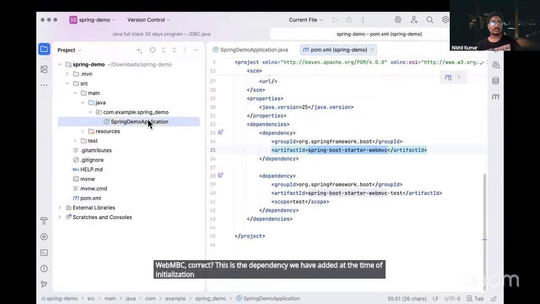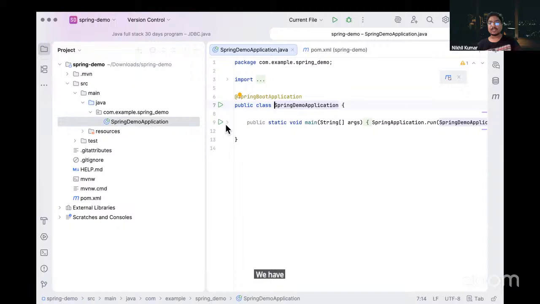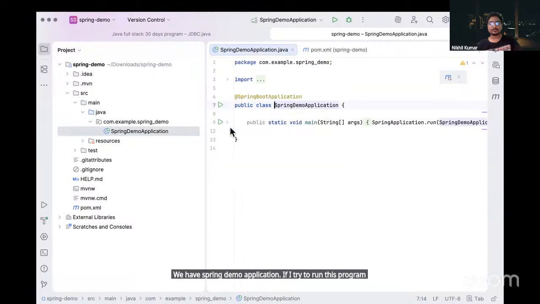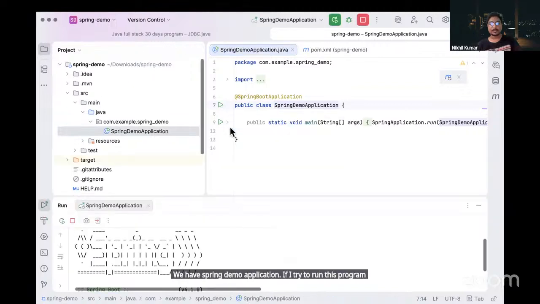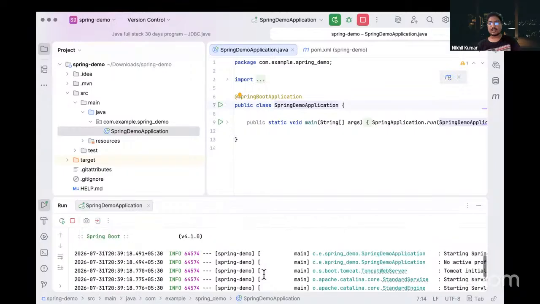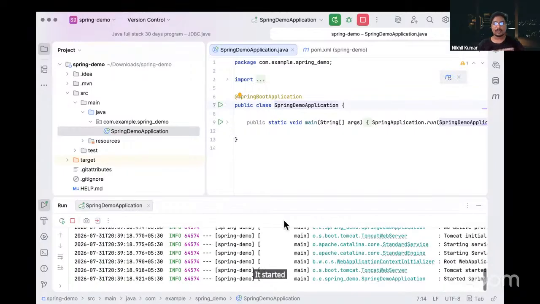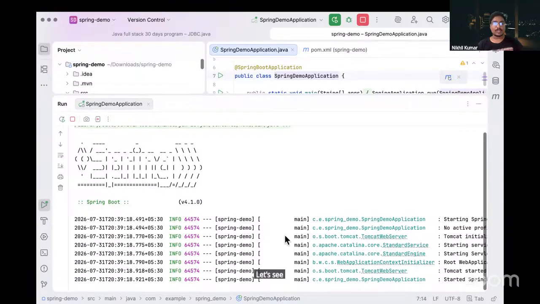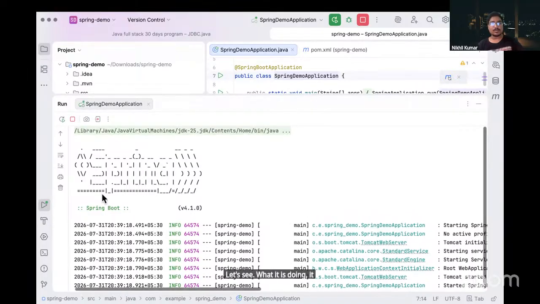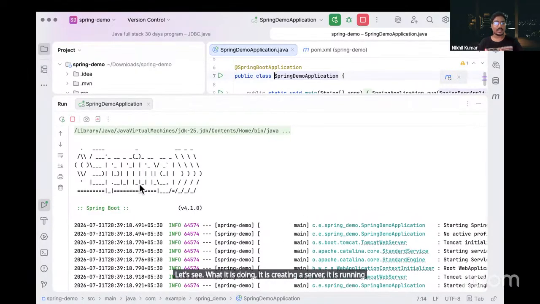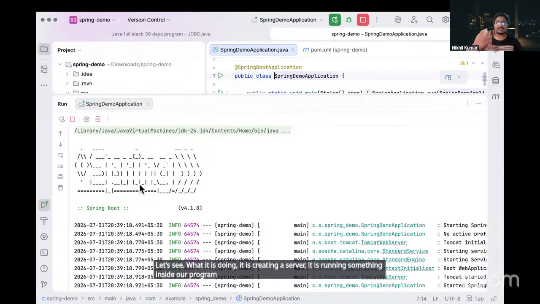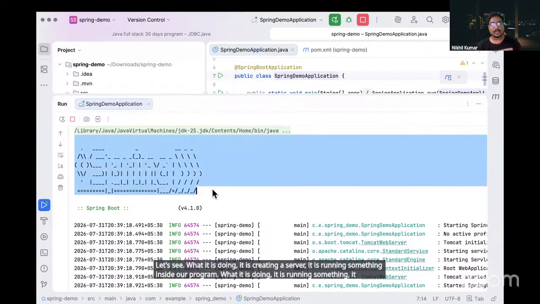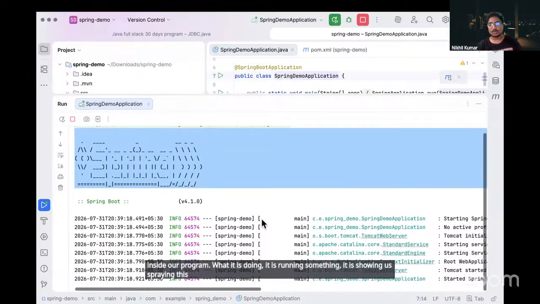Then we have the Spring demo application. If I try to run this program, it started a server. Let's see what it is doing. It is creating a server. It is running something inside our program. It is showing us this Spring logo, correct.